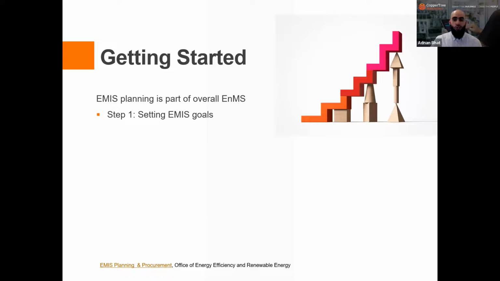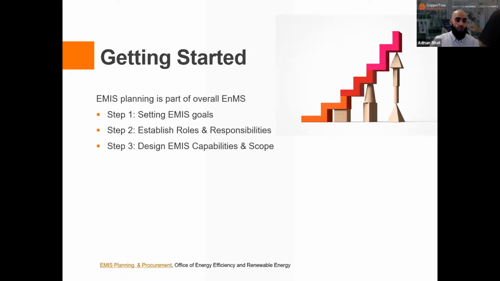So step number one is to establish and set up the goals. Where exactly does that organization want to be within the next 1 year, 2 year, 3 year? What compliance regulations do we want to meet? Understanding and setting up these goals is really important. Establishing roles and responsibilities. Again, this is really important. Division of responsibilities. Getting all the right stakeholders involved. Ensuring an organization's IT and senior leadership is fully looped into the process and the planning, and everyone understands their responsibilities and how they contribute towards this program, towards this system.